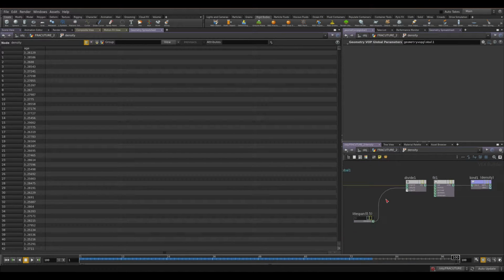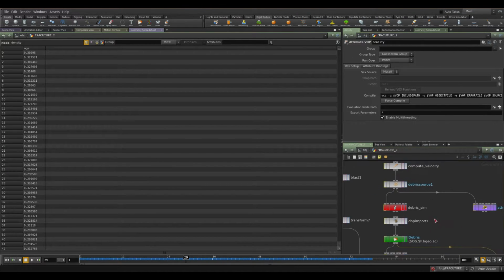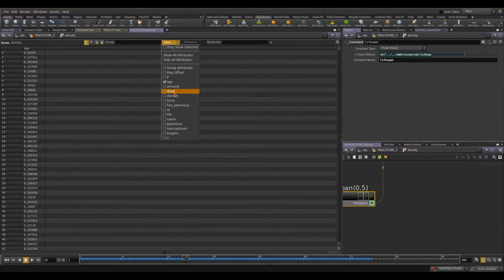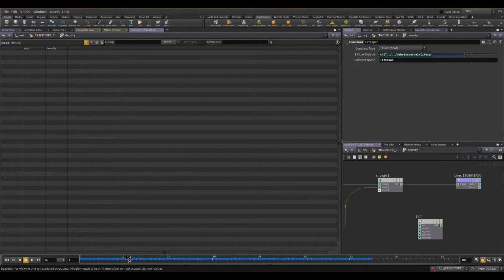So I wanted my density to start at 1 instead of 0 when the particle is born, and then go from 1 to 0. But since this goes from 0 to whatever value, I bring my age and I divide it by my lifespan. So my lifespan, I reference the value I have here, 0.5. And if I visualize my density, it's here. And if I unplug this, you can see my density starts at